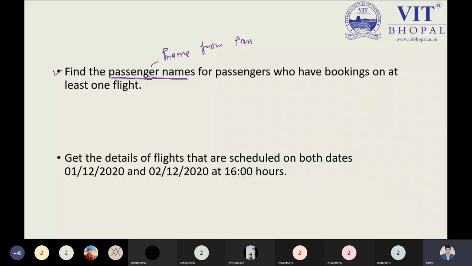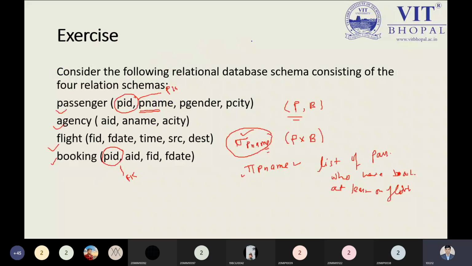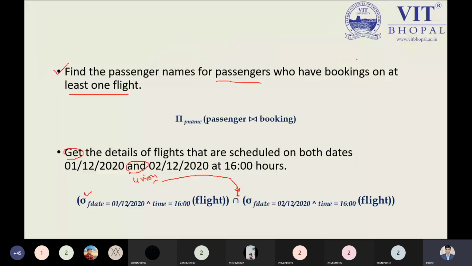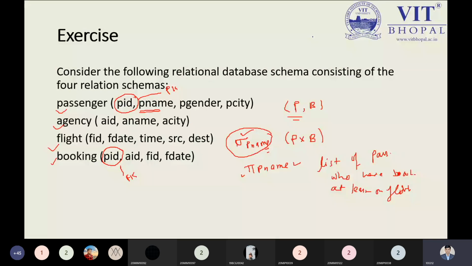Yes, we have the passenger relation, and the name is P name. Now, who has at least one booking? The booking can be done in the book schema. You can see in the passenger we have the PID, which is a primary key, and it is also available inside the booking, so it will be identified as a foreign key.